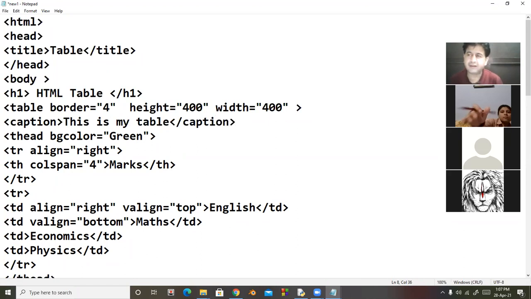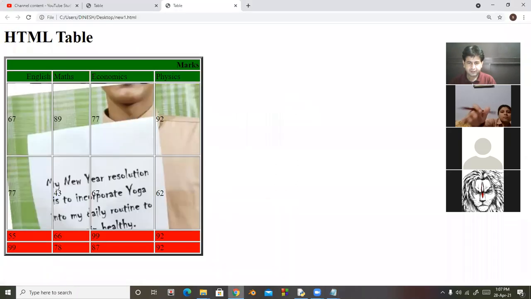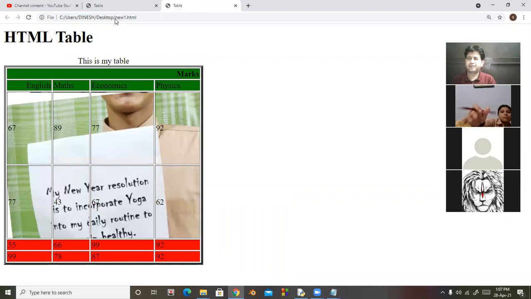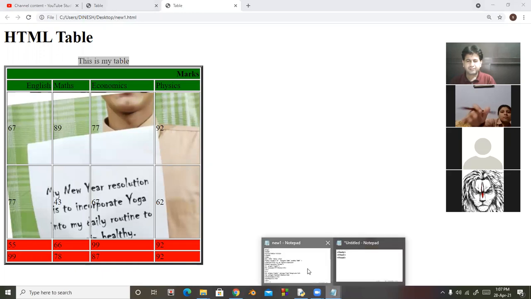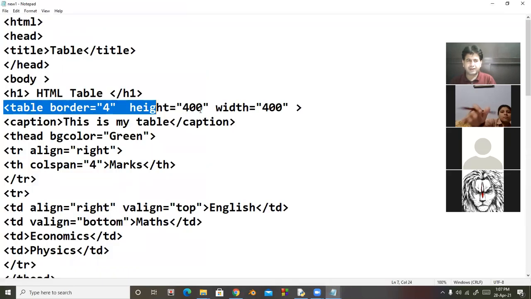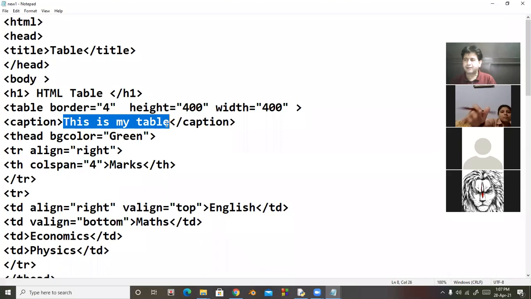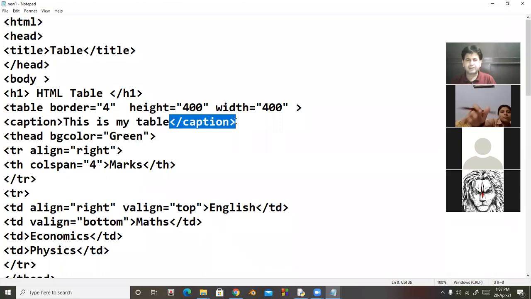So caption is the title of the page. It will always be placed in the center of the table. So look at here. This is called caption. So this is the coding of a caption. After the table tag, declare the caption tag. Then after that, contents, and then caption tag close.